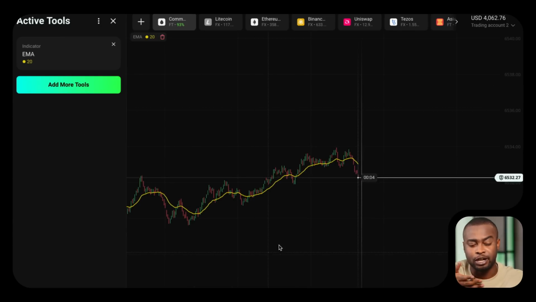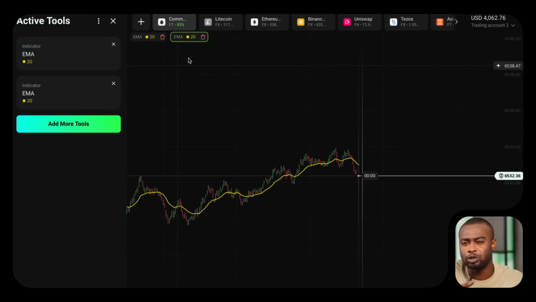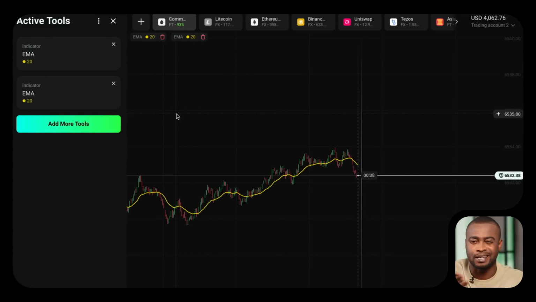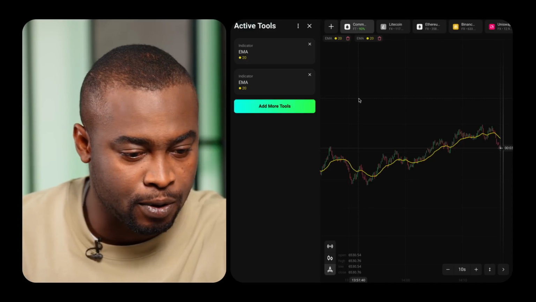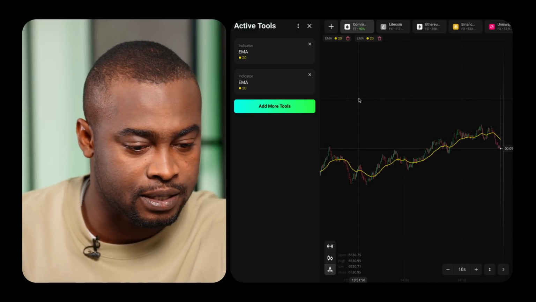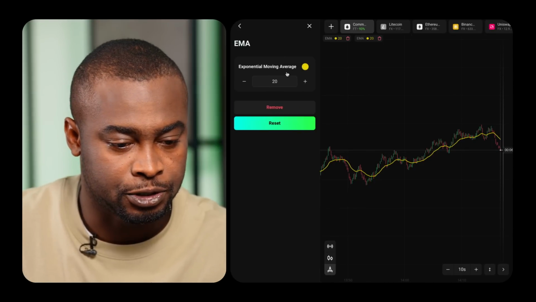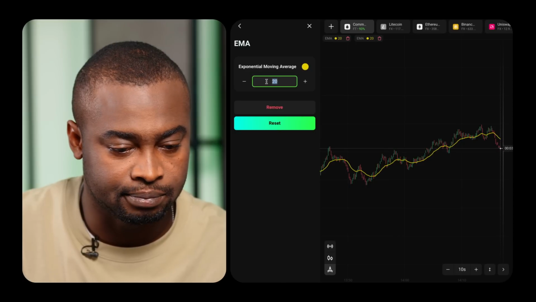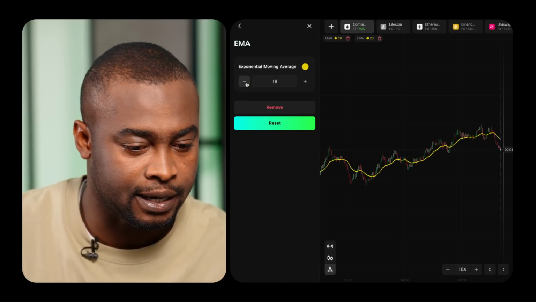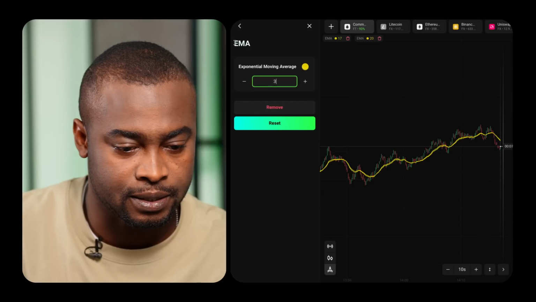For short-term trades, you can use EMA 3 and EMA 6, and then for long-term trading, you can consider either EMA 50 and EMA 200 or EMA 5 and EMA 20. So in our case, we would explore 2 EMAs, that is EMA period. First, we'll start with, let's say, EMA 3. We'll change the color from red to yellow. I think I like the golden color. For the next one, we can change that to green,